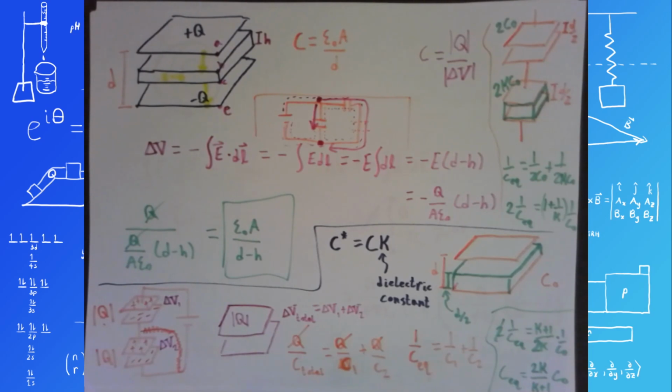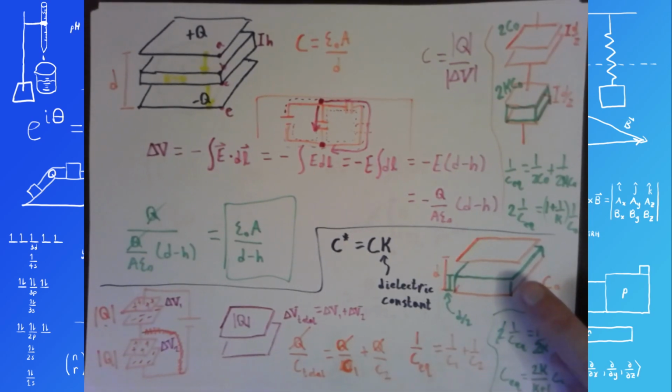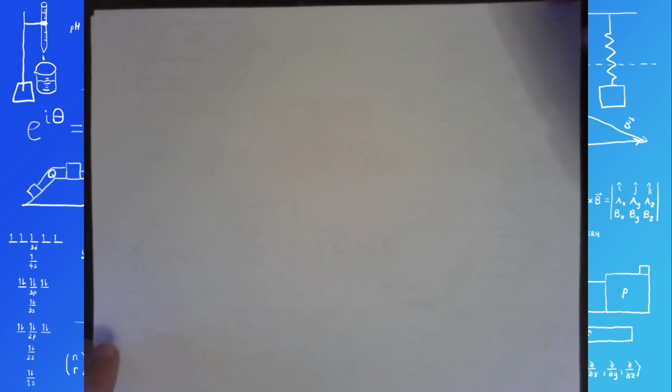Okay, so that takes care of one weird case with a dielectric that's only partially filling the gap between two capacitor plates. Next up is partial filling, but in a different sense. I guess it'll make more sense once I draw it. All right. So this time